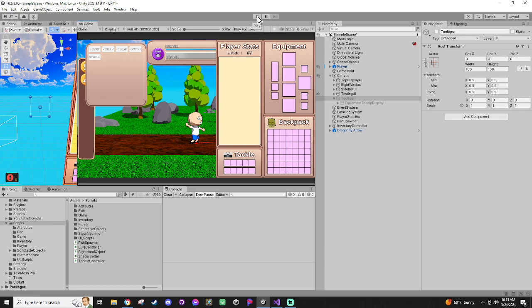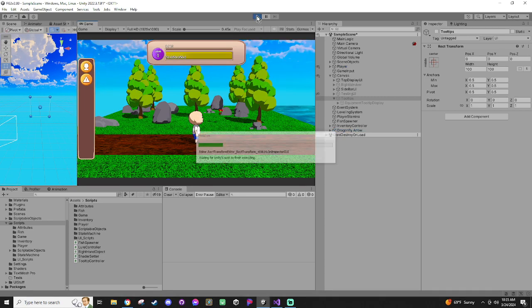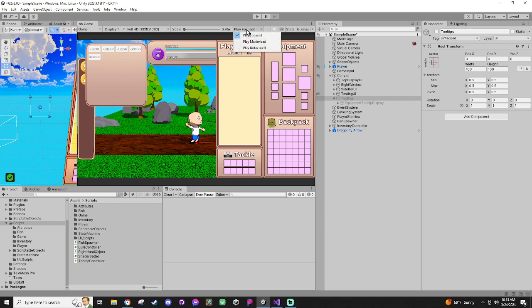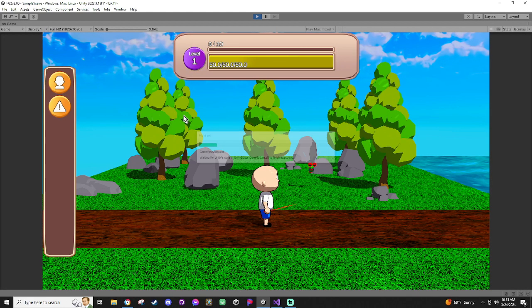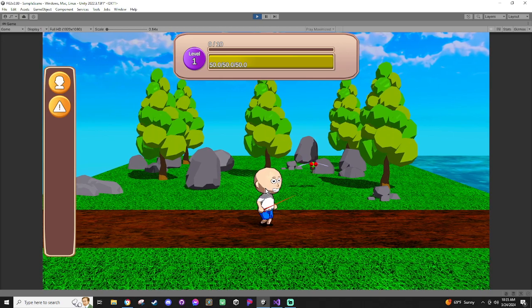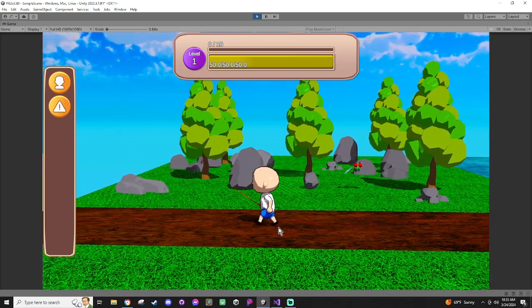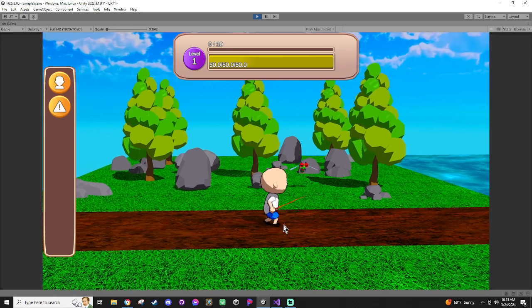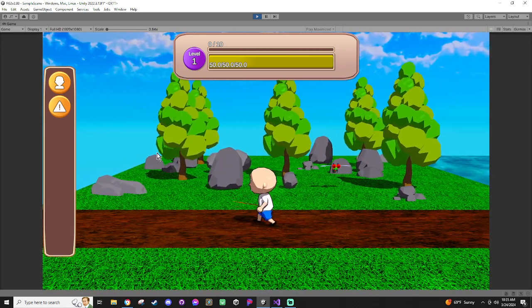I'll go ahead and play and show you. Well, let me get full screen because I like how it ended up looking. It's kind of hard to see his face and mouth, but I went ahead and updated those. Oh yeah, I need to go ahead and fix the run. I already know how I'm gonna fix that. I've just been being lazy. But anyway,